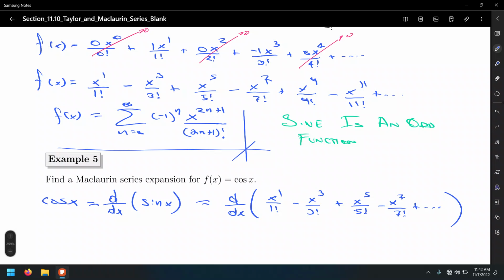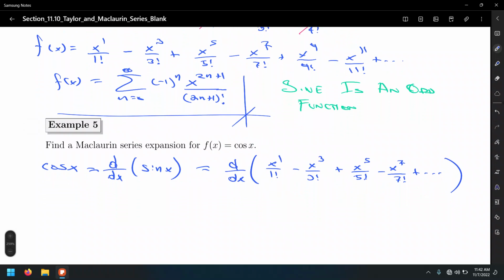So let's take the derivative of this polynomial. General power rule. That's it. So the x to the first over 1 factorial, that's just x, and the derivative of x is just 1. And that's minus 3x squared over 3 factorial. But how about we write the 3 factorial as 3 times 2 factorial, so we can simplify some coefficients,